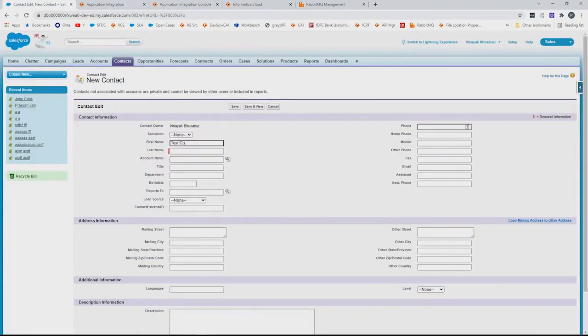Test. We'll have first contact as the first name, last contact as the last name. We will give an email address, abc@abc.com, and some phone number, and click on save.